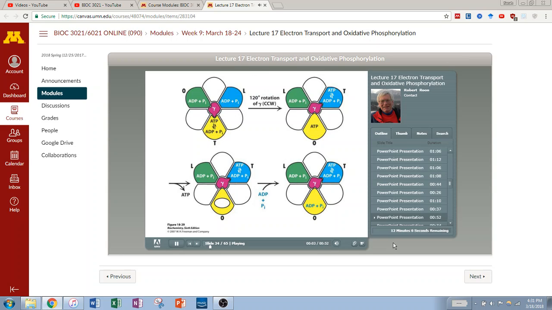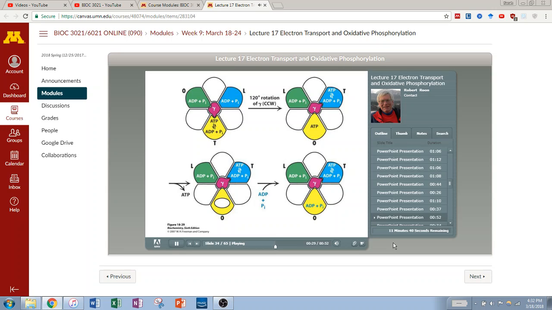Proton-driven ATP synthesis involves a binding change mechanism in which 3 sequential 120-degree rotations of the gamma subunit drive the beta subunits through 3 different forms: T (tight), O (open), and L (loose). The subunit in the T form converts ADP and inorganic phosphate to ATP, but does not allow the ATP product